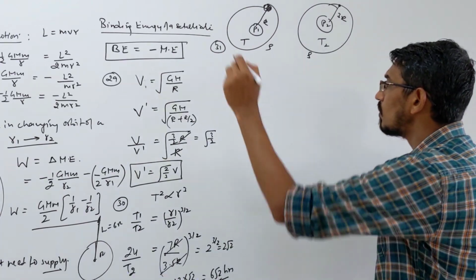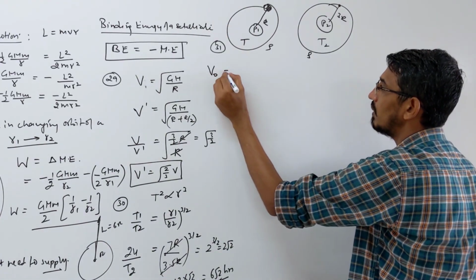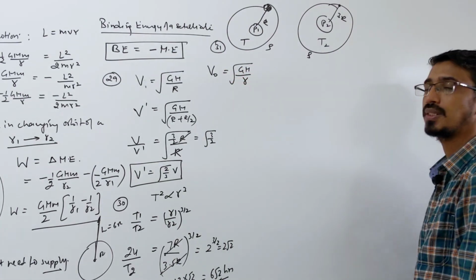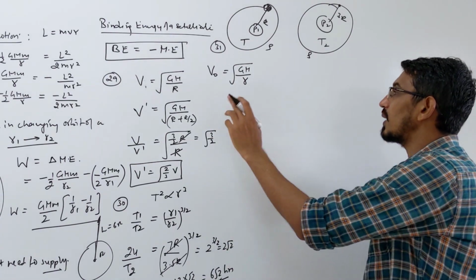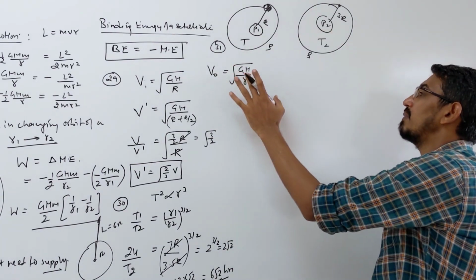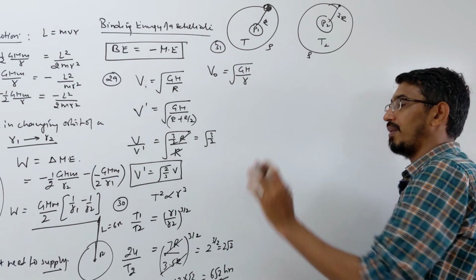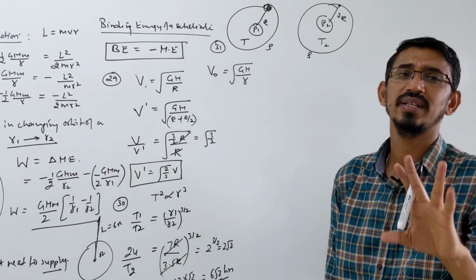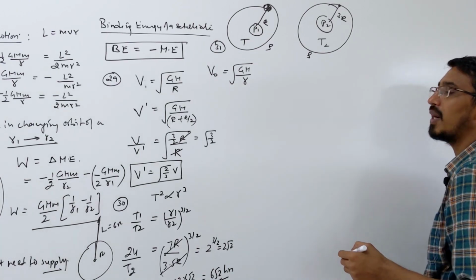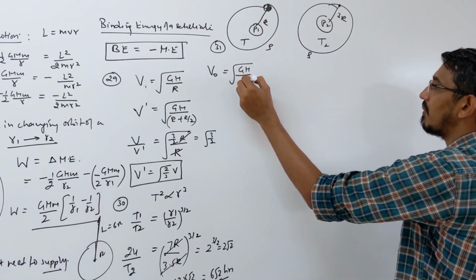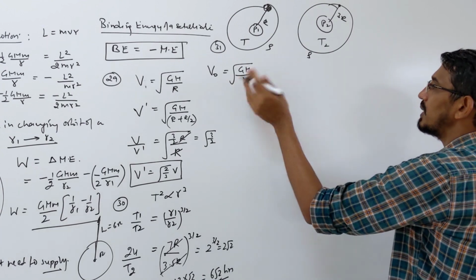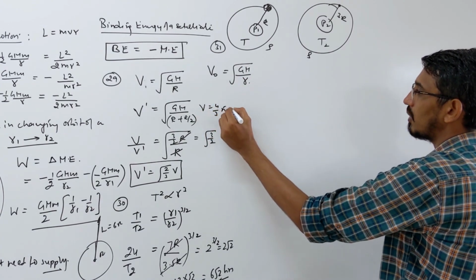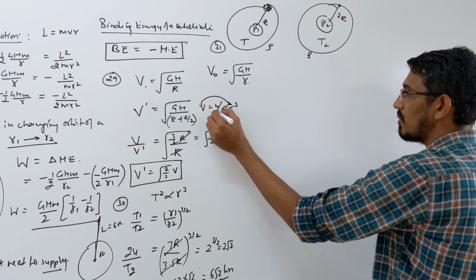Look here. What is orbital velocity v naught? General formula is square root of GM by R. Correct? Now R is given, no problem. But here mass is not given. What they have given is density. So this formula we have to convert in terms of density. Density is mass by volume. Mass we have, we just need volume. So we need just a proportional relation only. Volume is 4 by 3 pi R cube, proportional to R cube. These are constant, we don't worry.